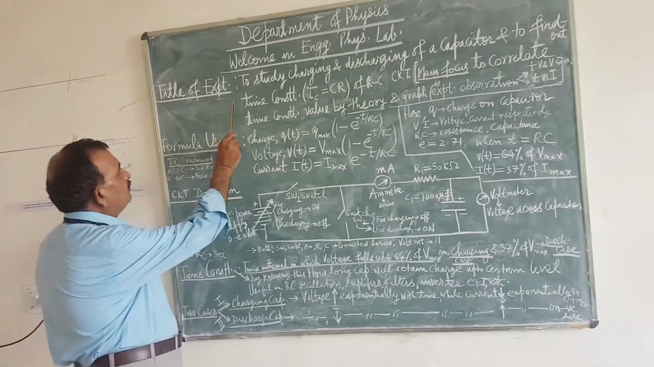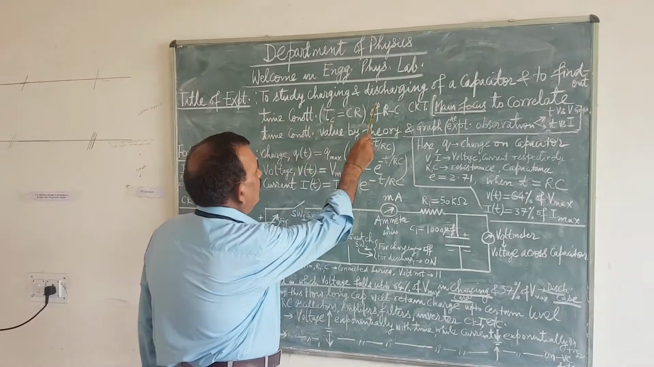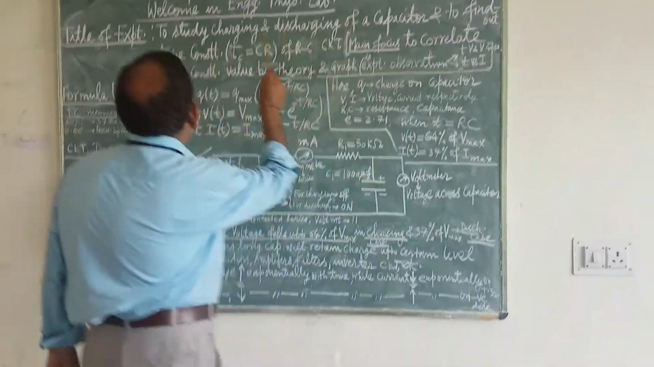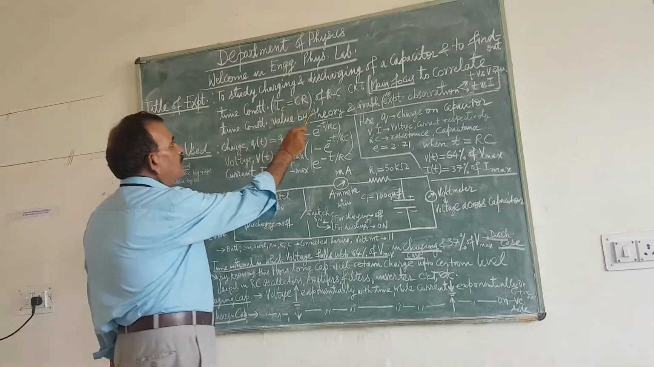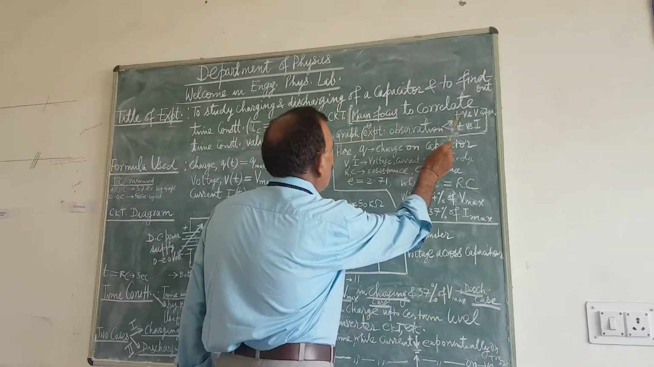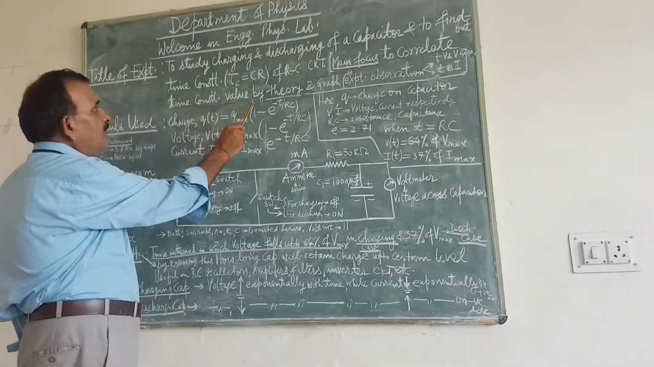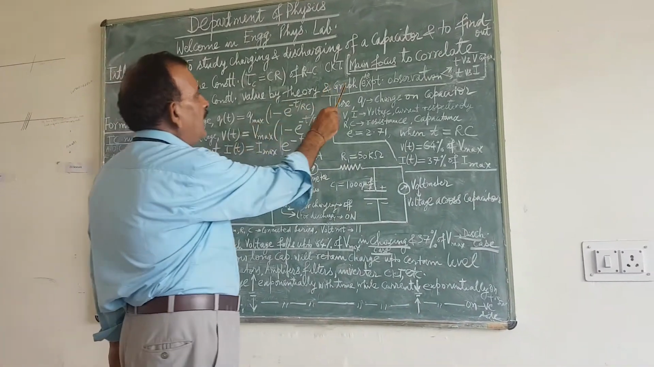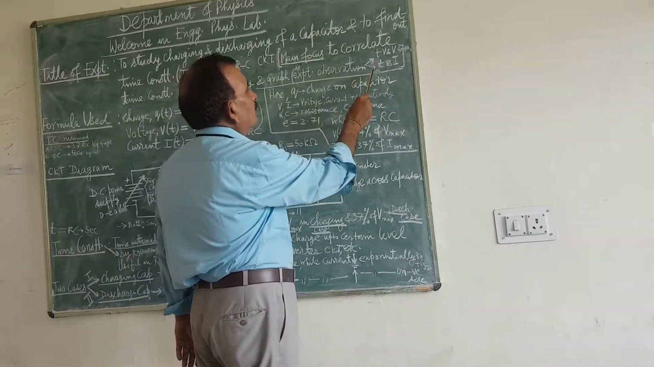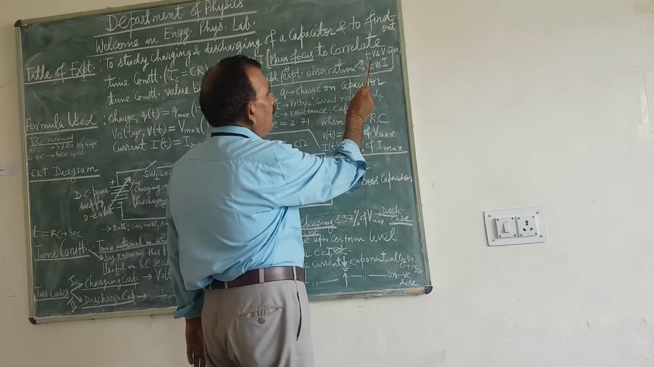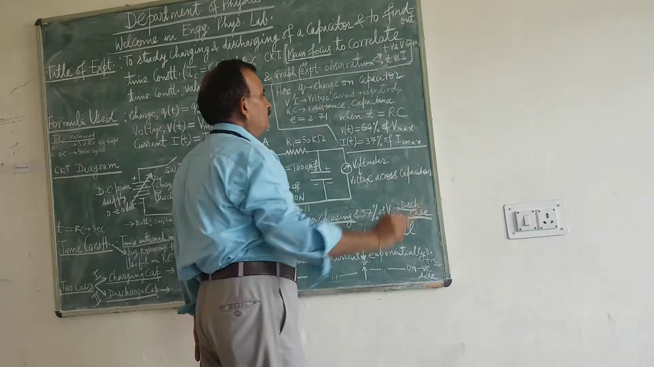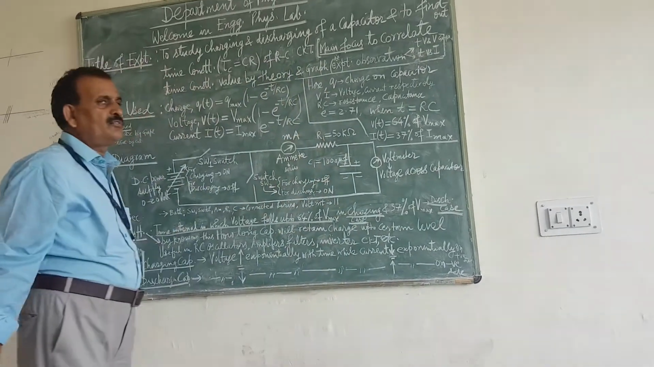Today I am going to discuss the charging and discharging of the capacitor experiment, finding the time constant. The title of the experiment is: study charging and discharging of a capacitor and find out the time constant of an RC circuit. The main focus is to correlate the time constant value by theory and by graph, that is, experimental observation. We have to plot the graph of time versus voltage and time versus current during the charging and discharging of the